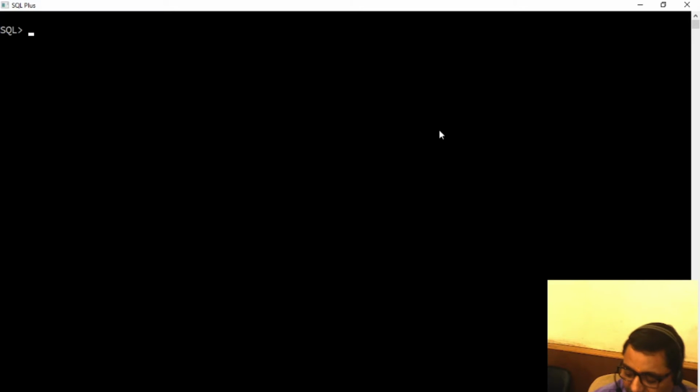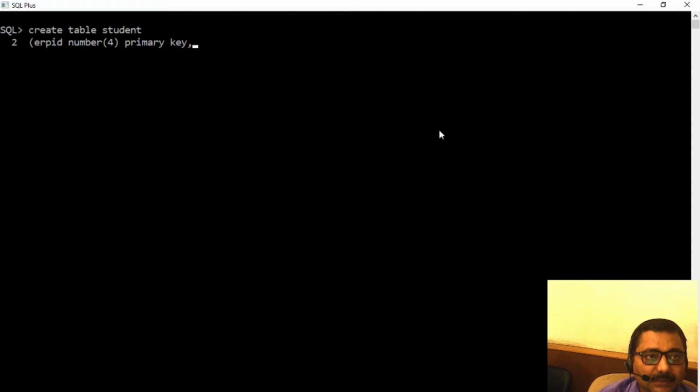So let's do hands-on. It's very simple. Create table student. This is the first master table. ERP ID, data type is number, size is 4. I'm taking it as a primary key. Clear? Then I will be taking name, of type varchar2, size say 30, comma.